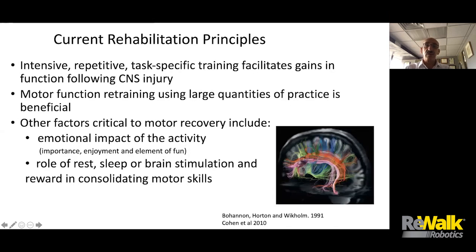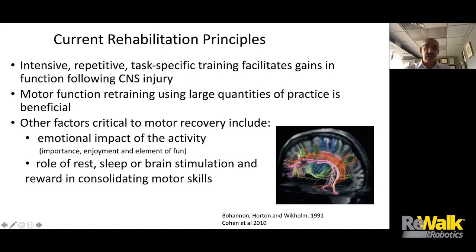And to do that, really you need to think about intensive, repetitive, task-specific training as a way to regain function. And I like to think that you need to use large quantities of practice to attain the benefits that are expected. There are other factors that are critical to motor recovery, things like emotional impact of the